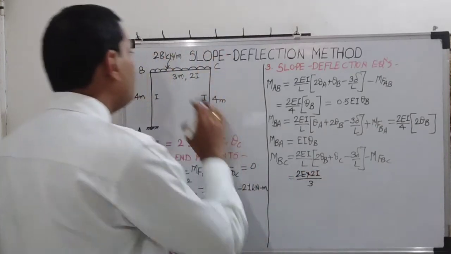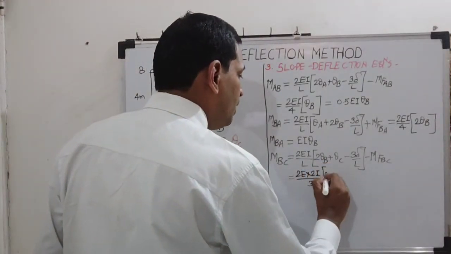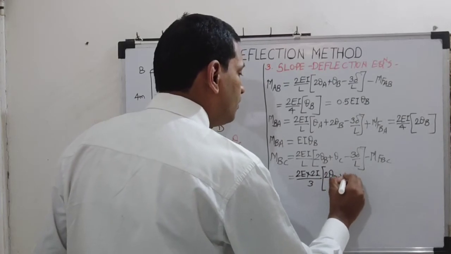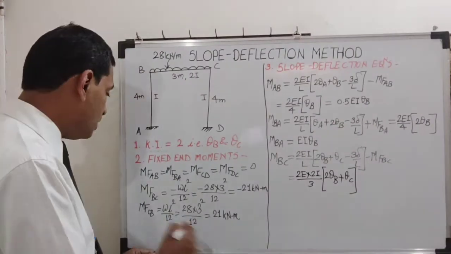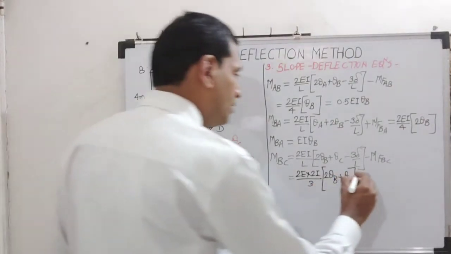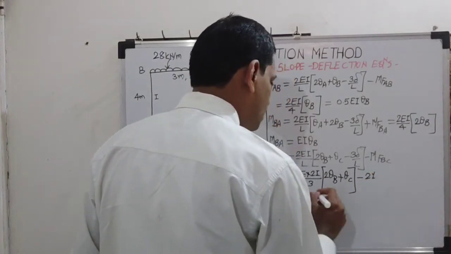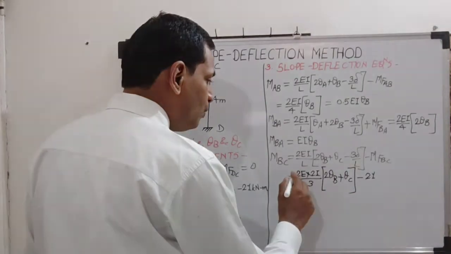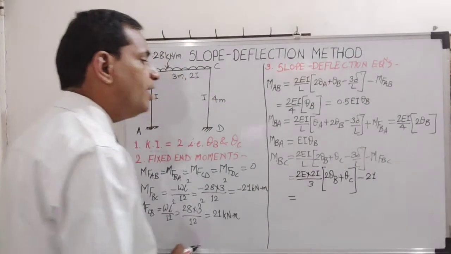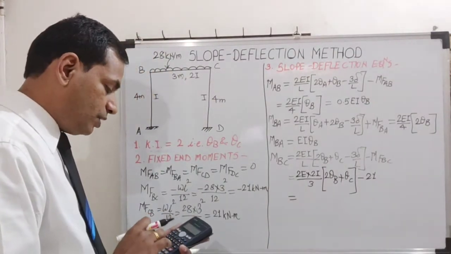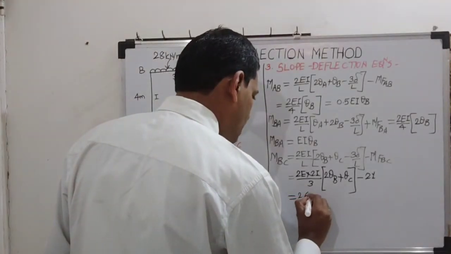Please remember, span of BC is 3, into bracket 2 theta B is unknown, plus theta C is unknown, delta 0, MFBC minus 21. So for this equation, MBC, 2 into 2 is 4 by 3 into 2, so it will be 8 by 3, which is 2.67. So 2.67 EI theta B, plus